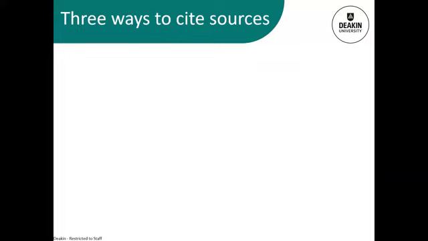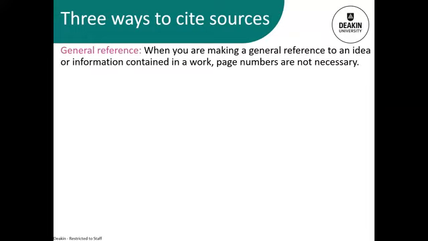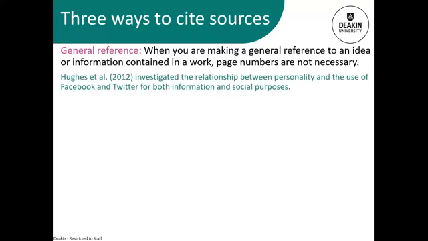In terms of referencing skills, there are 3 ways to cite your source information, and it depends on how you're using the information from your sources. If you're summarizing, you'd include a general reference, and this has in the citation the author and date. So there's no need to include a page number if you're summarizing a long passage of text that covers many pages.